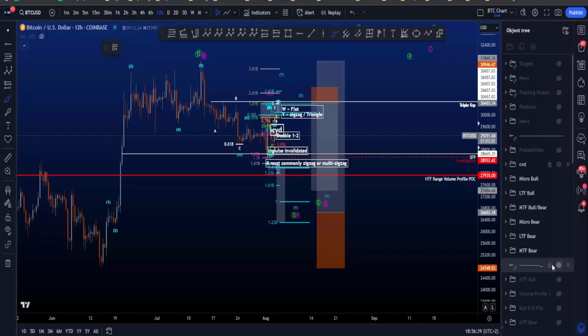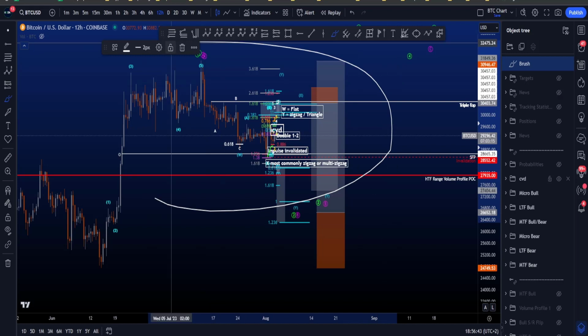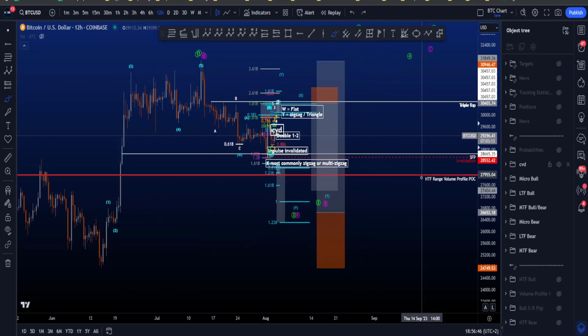Hi everyone, let's go over my medium time frame, low time frame and micro bullish and bearish Elliott Wave scenarios on Bitcoin, and also let me know what you think of the new structure of the video where I first go over the bearish scenarios of the different time frames and then the bullish ones, starting with the medium time